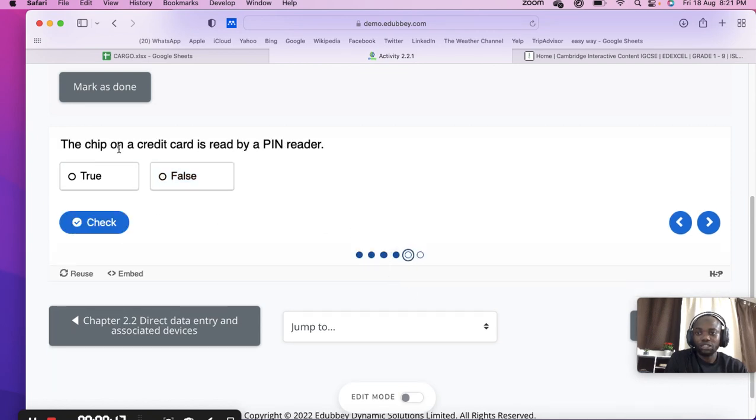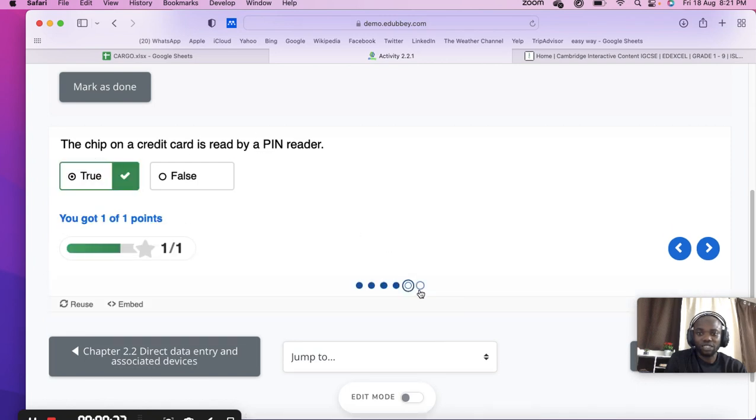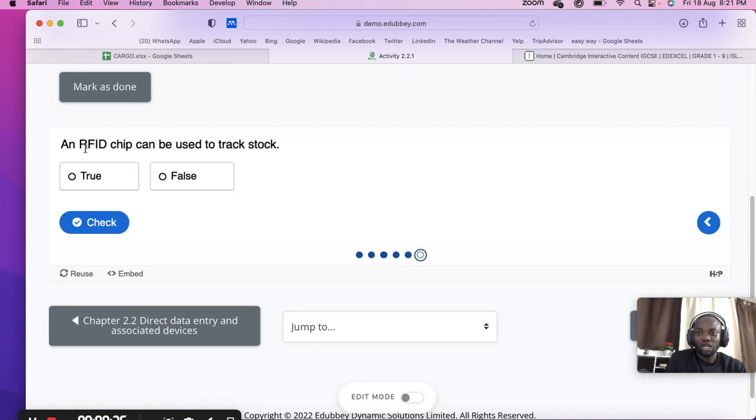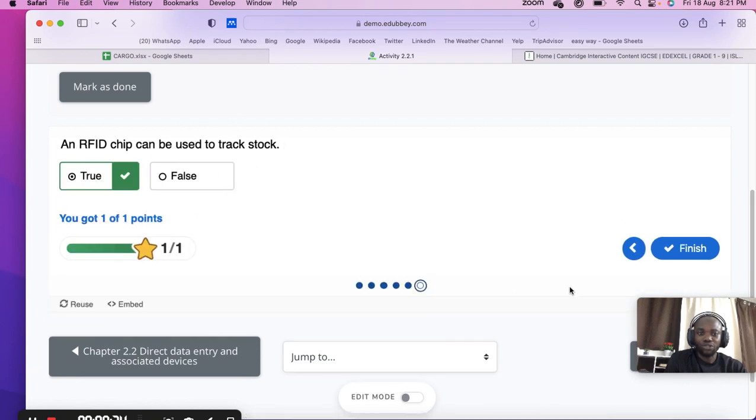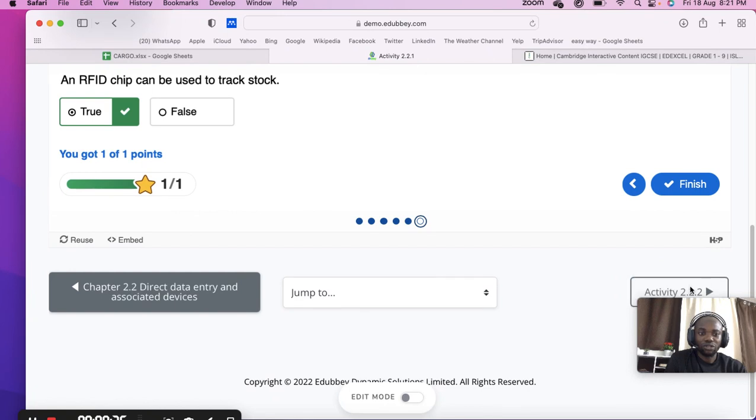Then the chip on a credit card is read by a pin reader. Yes, this is correct. And finally, an RFID chip can be used to track stock. Yes, we use it to track things. Then I have another question here,